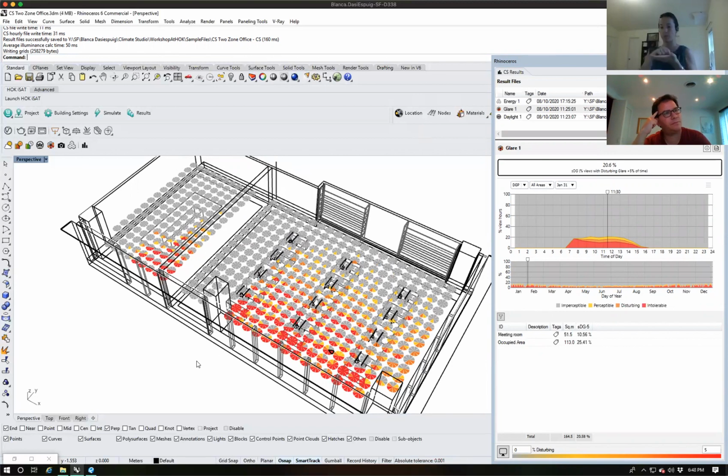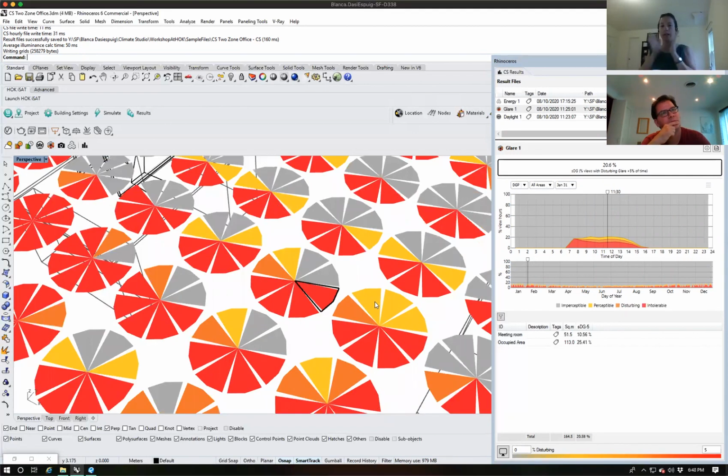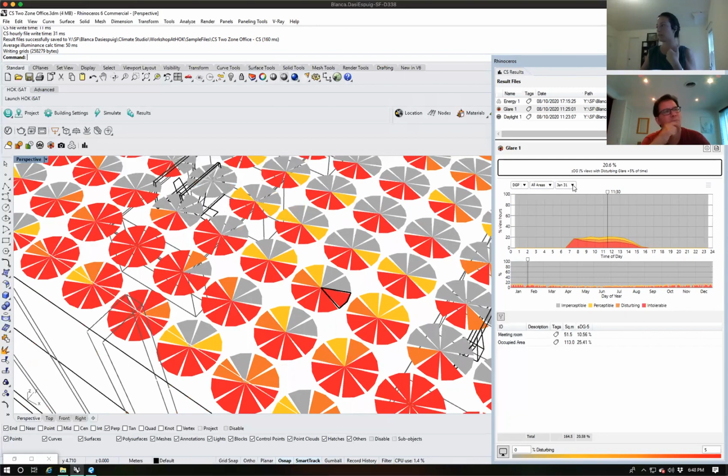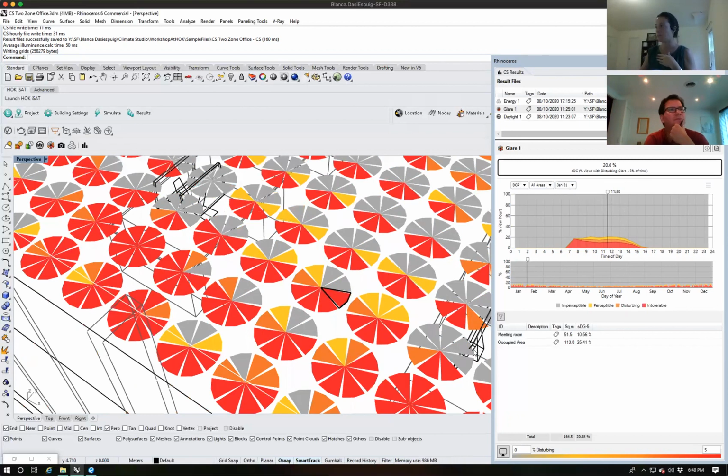They have a grid based point. And each point of the grid has a pie, and each pie is that range of view. So it's telling you how it is performing. And at the same time, you have here your annual glare analysis, and you can also do specific days. And on top of that, you can click in this,